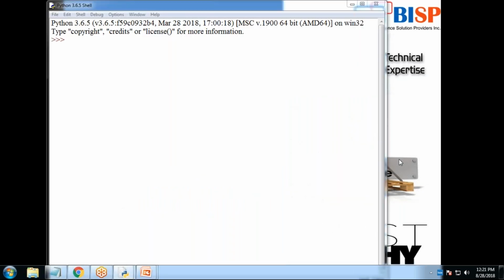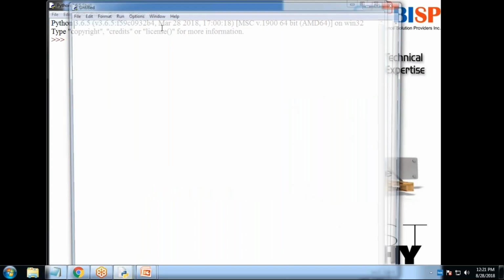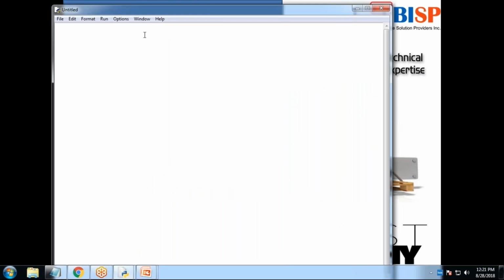So I'll switch to IDLE. I open the Python shell and create a new file here. Now the very first thing I'm going to do is set a reference to the packages. So from selenium import webdriver. WebDriver is capable of connecting to any web page or any URL which we want to open. Then I'll write from selenium.webdriver.support.ui import